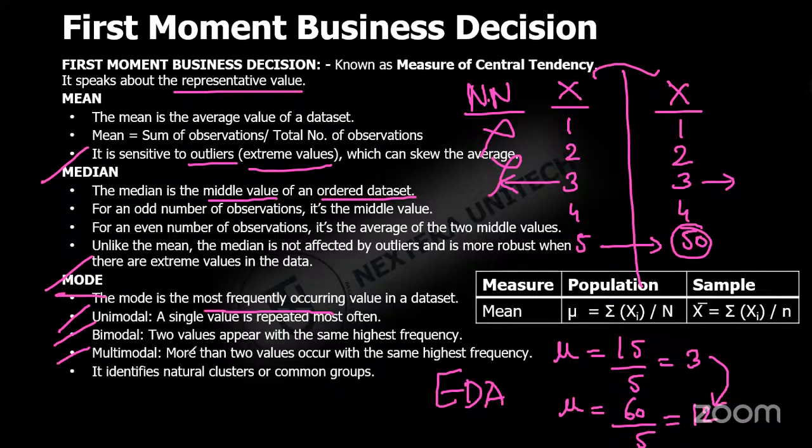What is unimodal, bimodal, and multimodal? Let us understand. Unimodal represents returning one value for mode. If the mode value that you get for the data set is only one value, that is an example of unimodal. If two values repeat the same number of times within the data, then it is an example of bimodal. If the mode values are greater than 2, then it is an example of multimodal.